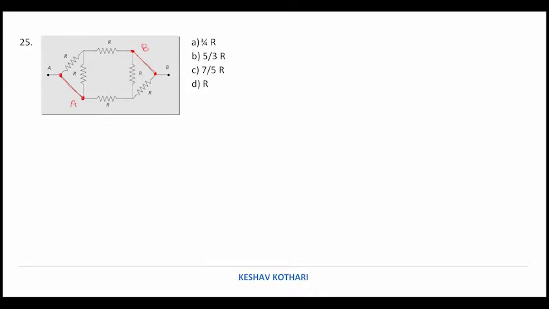Now we have 2 other points, which I am naming as C and D. So if we try to reconstruct the diagram, we can reconstruct it this way: the current starts from A, and there is a path in between, that is C, then there is D, and then it ends at B. So let us see how the resistances are connected with each other.